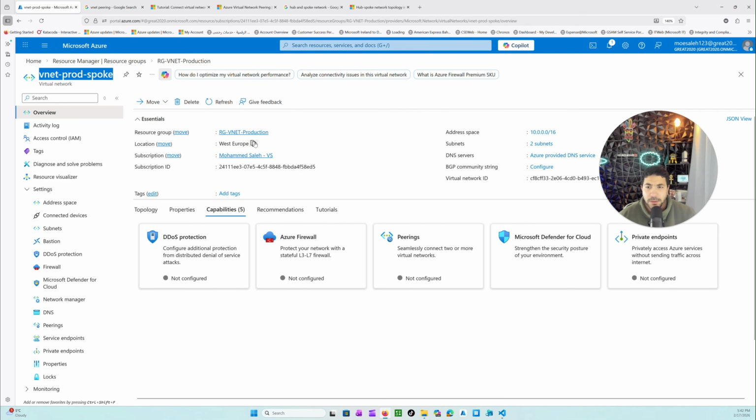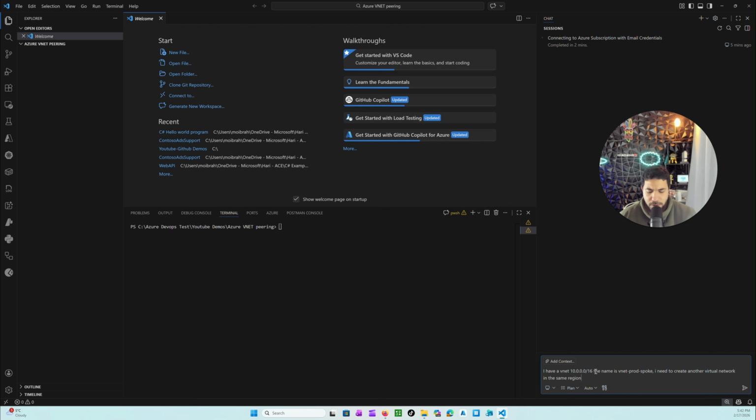So the region is West Europe. Create a VNet using the same naming convention. So VNet prod hub, in a different resource group,